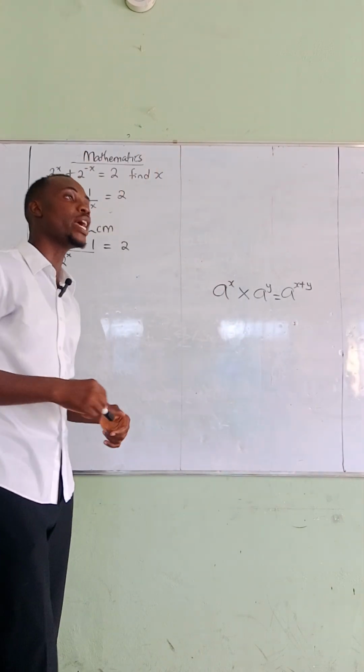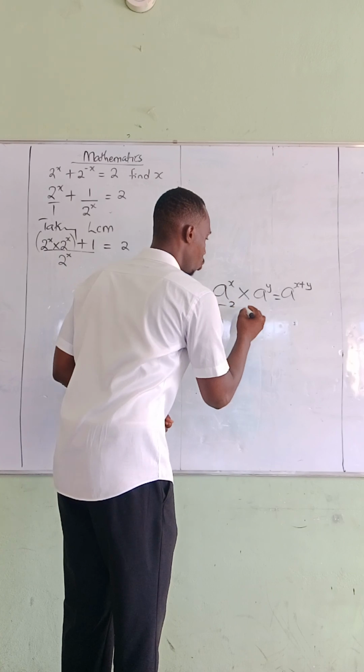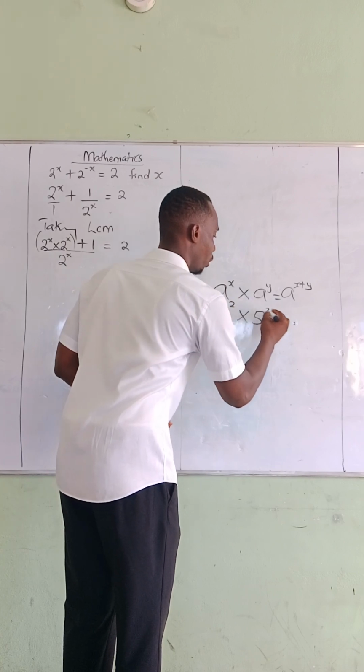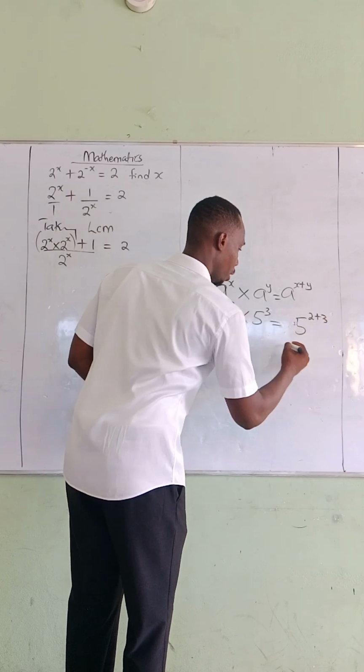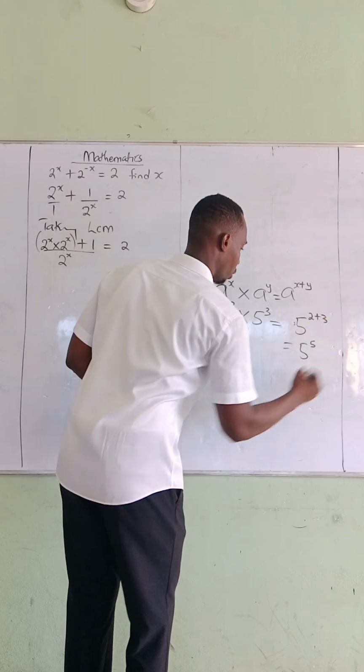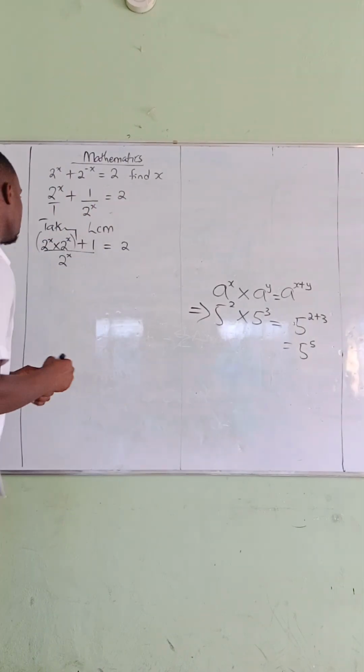So when they have the same base, this implies that 5 raised to the power of 2 times 5 raised to the power of 3, the result should be 5 raised to the power of 2 plus 3, which gives you 5 raised to the power of 5. Applying that same principle here, you are going to get